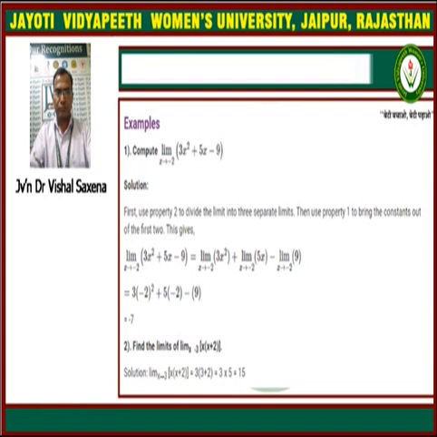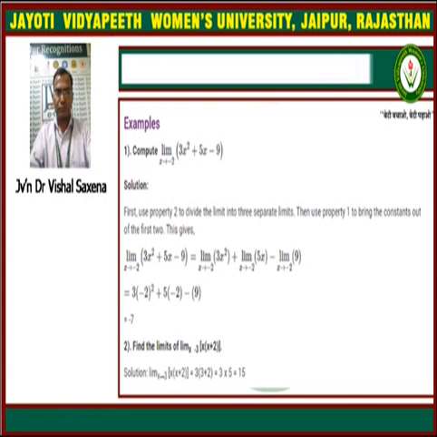Now we can check here, if we put x equal to −2 in this function, then it will be an existing value. It will be just a value which exists finitely. So we can say this will be the limit of that function. We just have to put x = −2 in 3x² + 5x − 9, and it becomes −7. So −7 is the limit of that function.